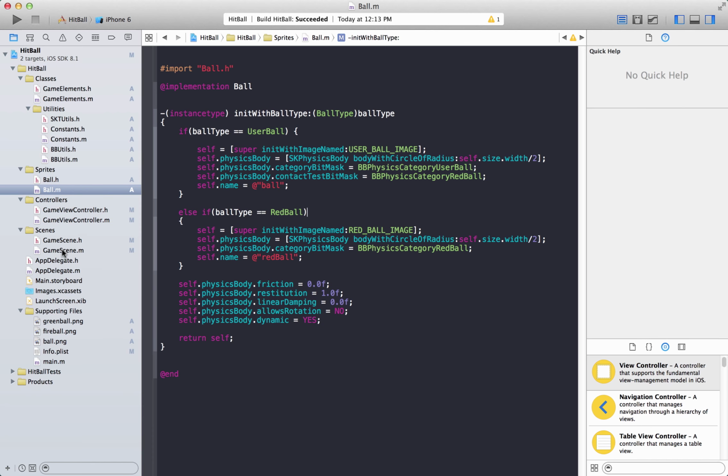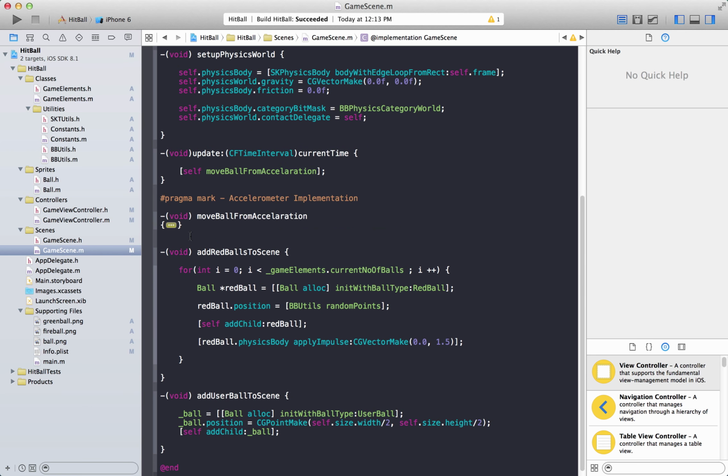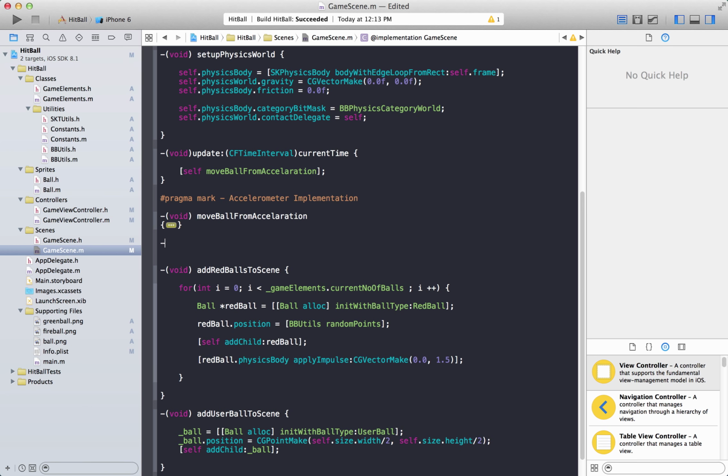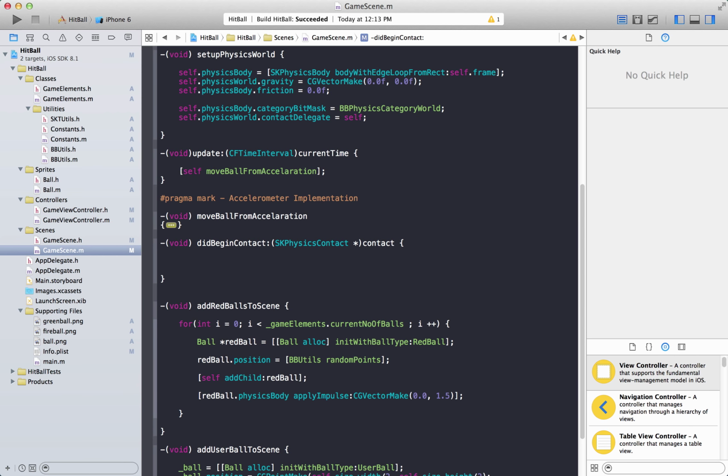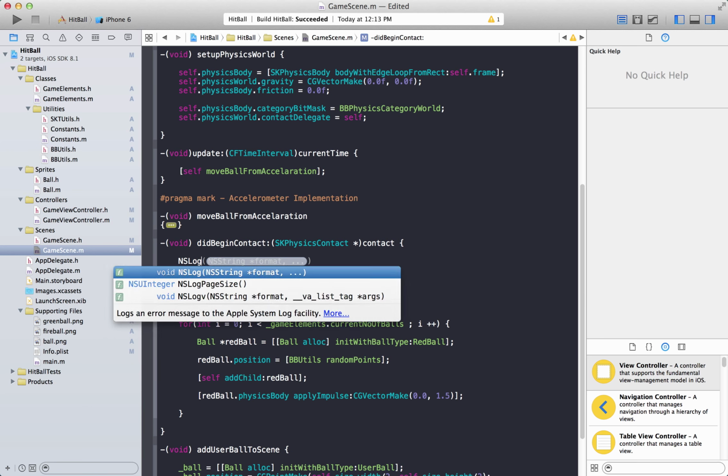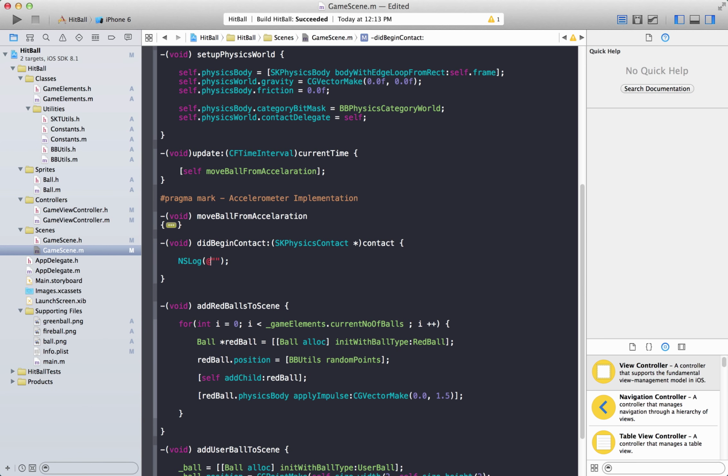So now we go to our game scene, all right? And we have to implement a method that will be fired whenever the bodies collide. This is called the didBeginContact method, okay? And inside this, we can say,